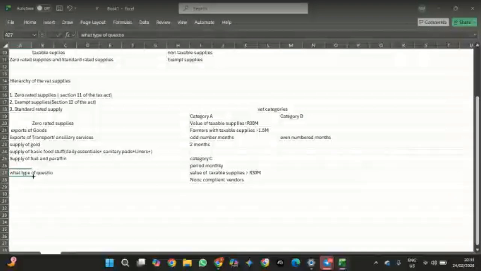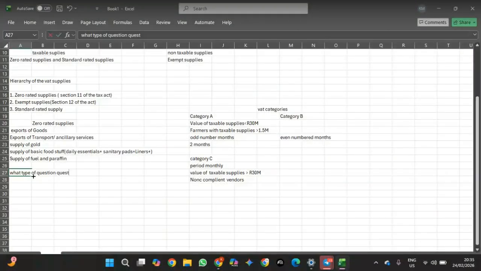Questions. And this is for all the scenarios, right? In the situation, what type of questions can be asked? One, to calculate that payable or refundable of that particular person. If we ask for the journal entries,